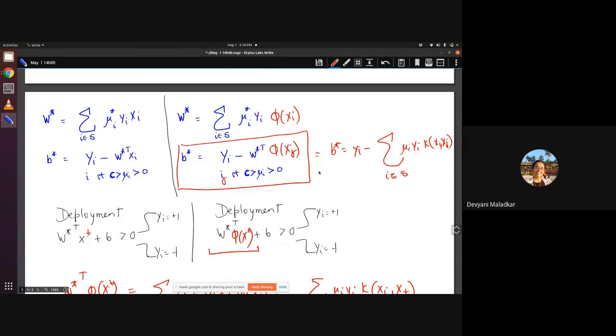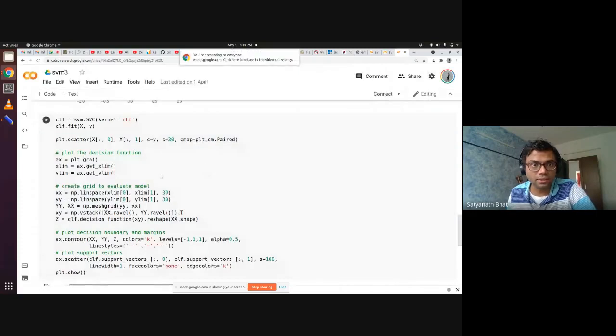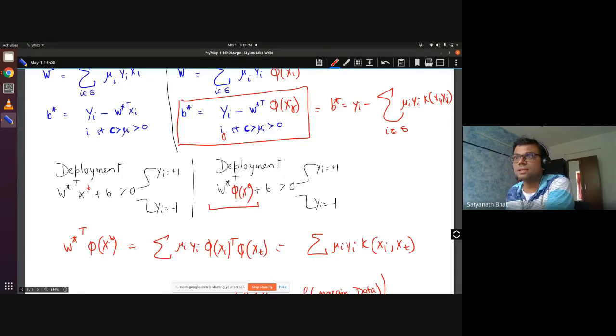But then how did you plot it? First of all, we don't really have to do all of these things, since there are libraries that do it for us. To plot this, it's a good question. What we do is divide this entire region into small chunks. Once you have learned your data, you evaluate all the points. On each point, you evaluate W transpose phi of xi plus b. Using the kernel, we can compute this.